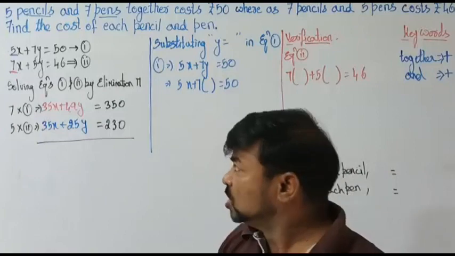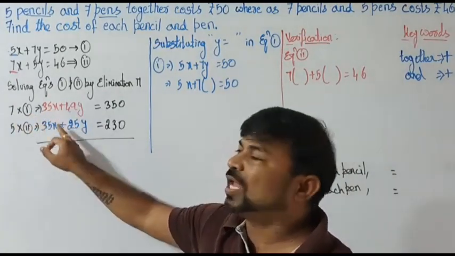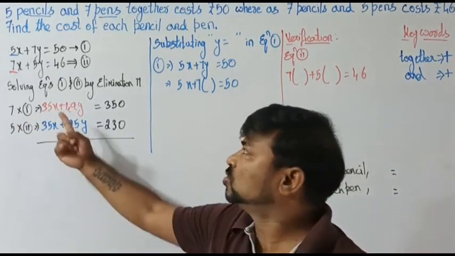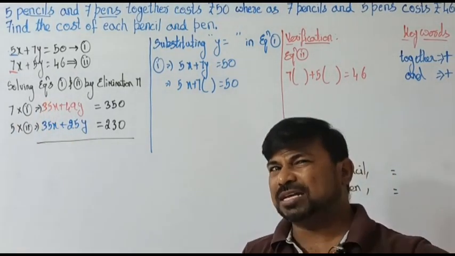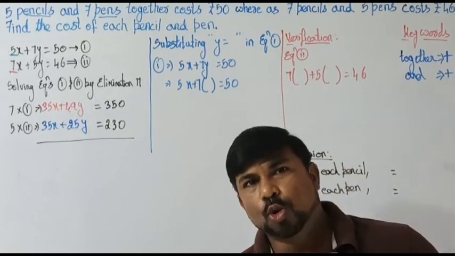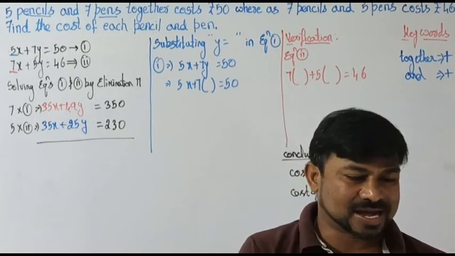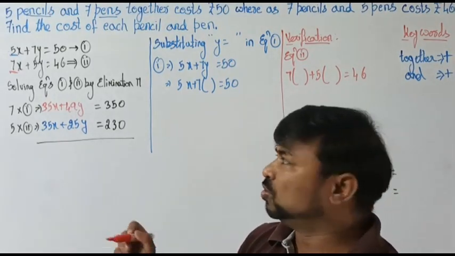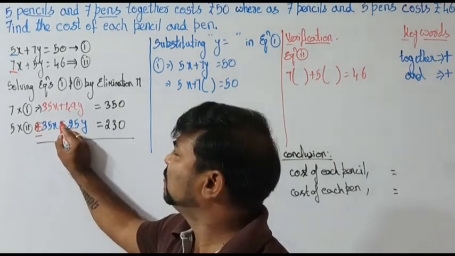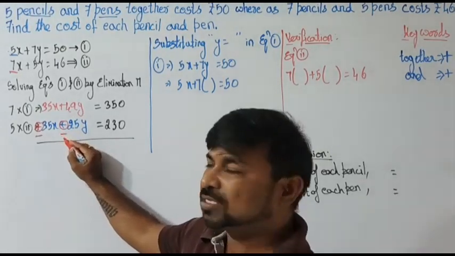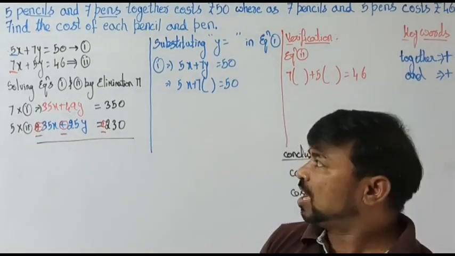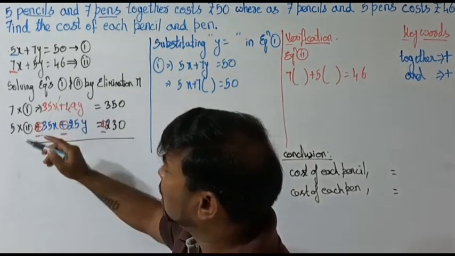If you check, this is the main purpose. We like to make the coefficients of any one variable equal. You can choose x or y. So they both become equal here. As we are eliminating, obviously they should have the same coefficient and also opposite sign. So if we have plus here, I like to change it to minus, and so on for each term. Now, straight away, I can cancel this.